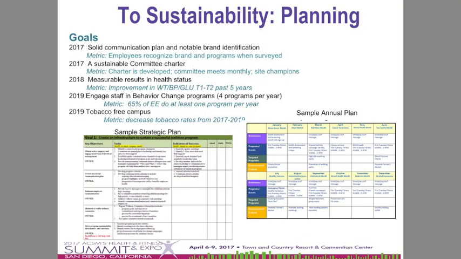And then we dive into a sample strategic plan, which is the bottom left-hand corner. This is an eye chart, so if you can't read that, I'd have your eyes checked. This is really just sharing with you how we dump it into a written plan, and that's our job as a consultant. Then we put it into simple terms on the right-hand side. Here's an annual plan. On the left-hand side, again, it's kind of an eye chart, but we have components within our program. So awareness or communication: what are we going to communicate, how are we going to do it, and how are we going to tie these all together?